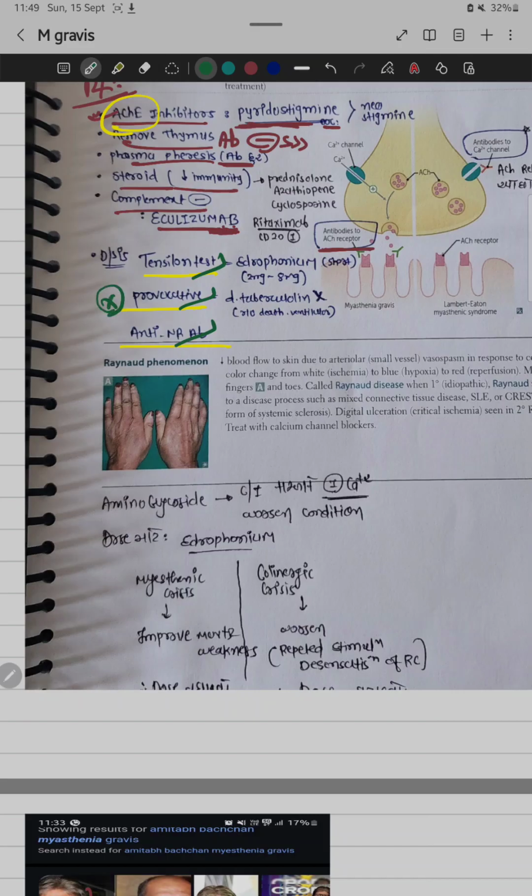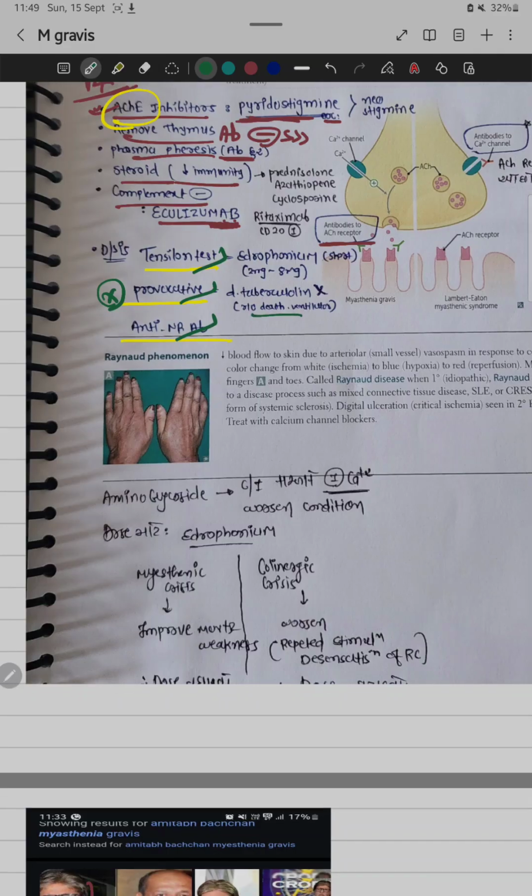These are the banned tests, or we should not do them by D-tubocurarine, because the risk of death is there without